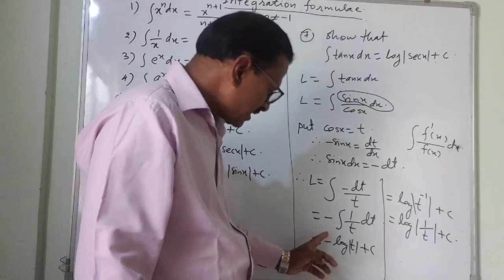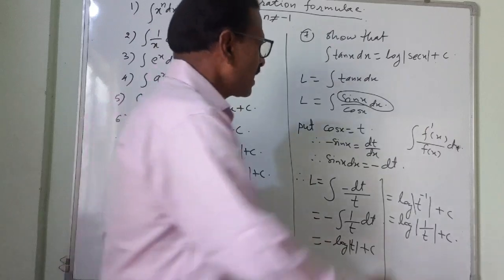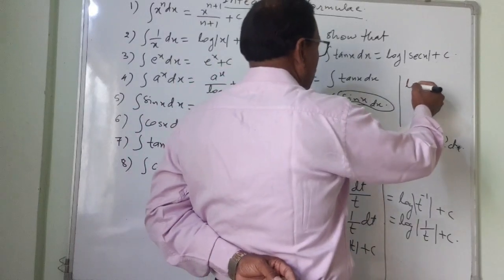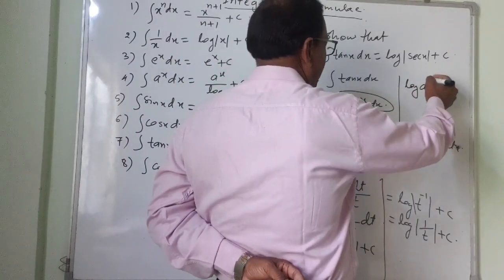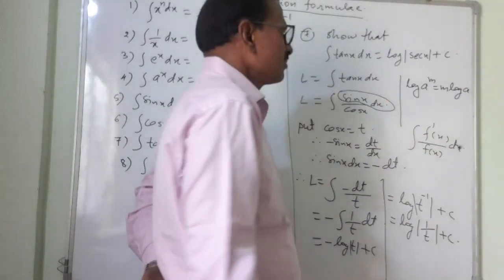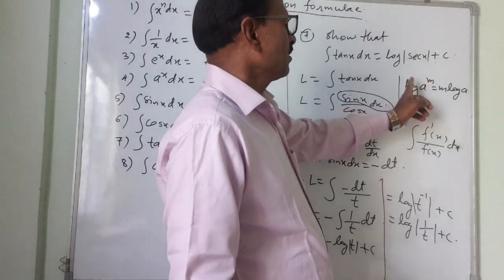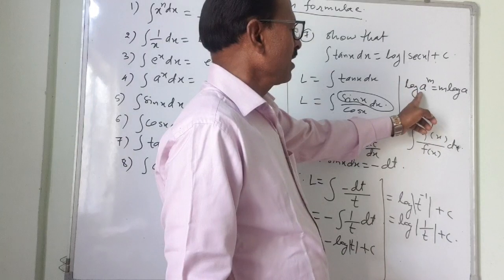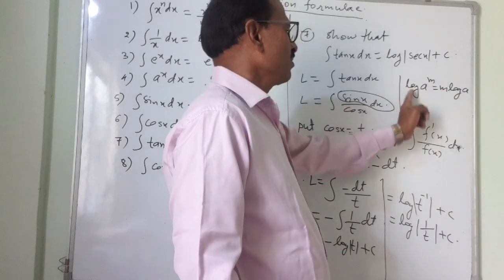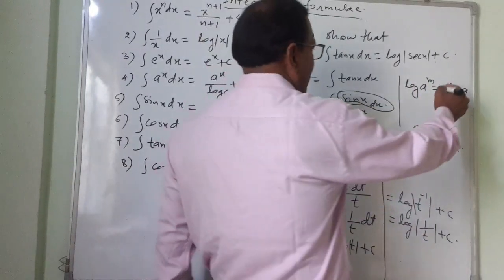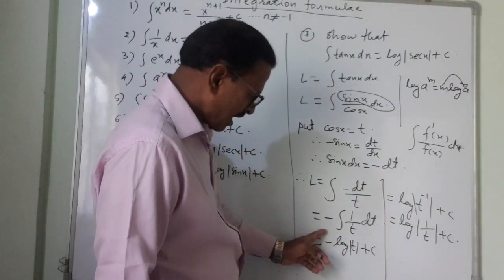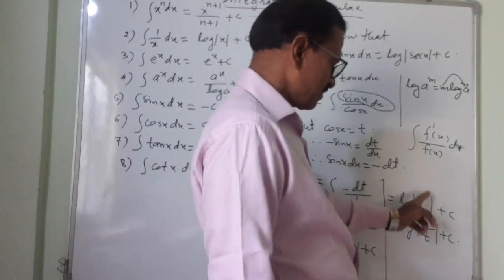Now you will say, how did I jump over here? What is this? What is that? You just see here. Logarithm rule: log of a raised to m is equal to m log a. We are taking the log of a and its power is m, so you can shift m in front. Now the same thing here: it is minus 1, and this minus 1 has been shifted.